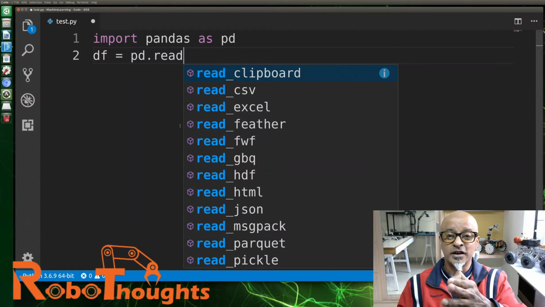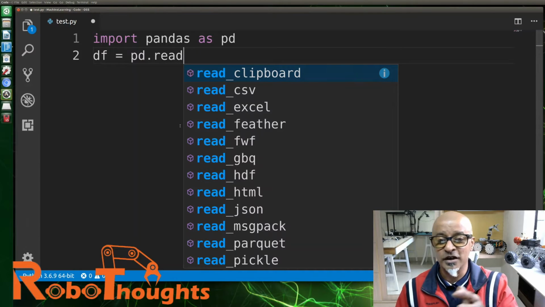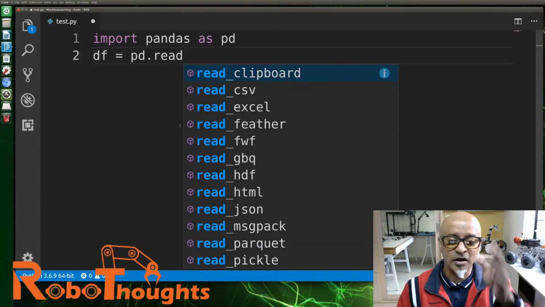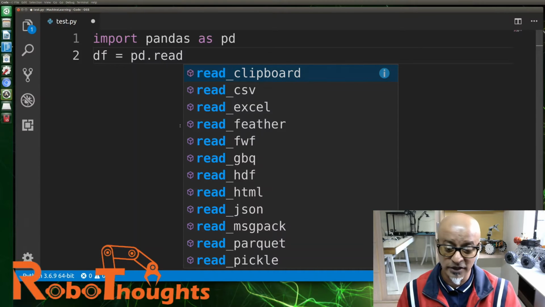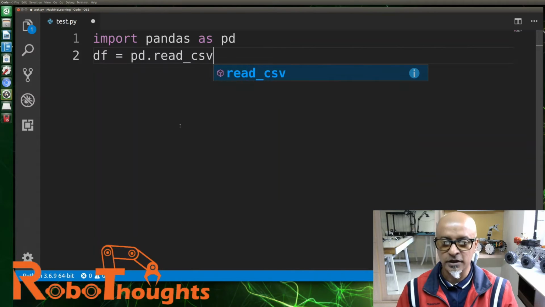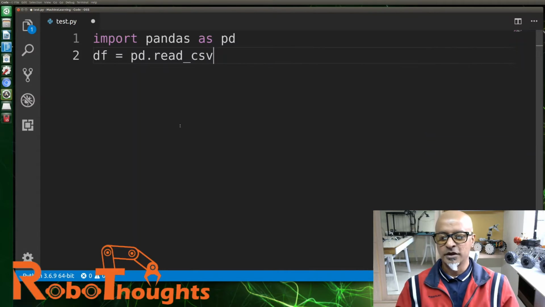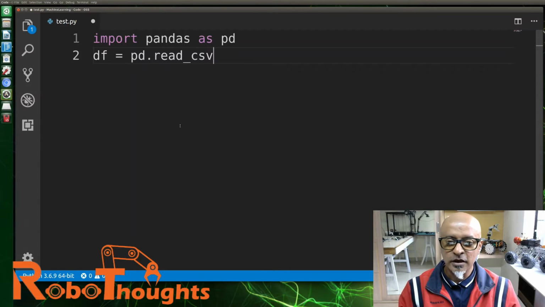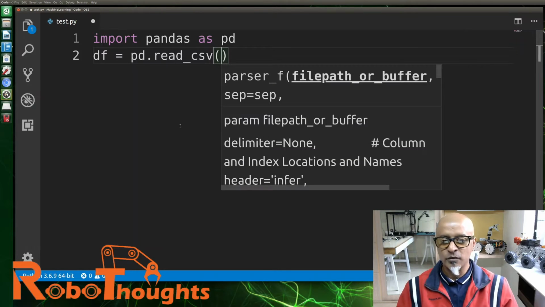Can you see that it shows read_clipboard, read_csv, read_excel, all different types of files. Here we are going to use read_csv. There you go, read_csv, and then a curly bracket. And then what you need to do,